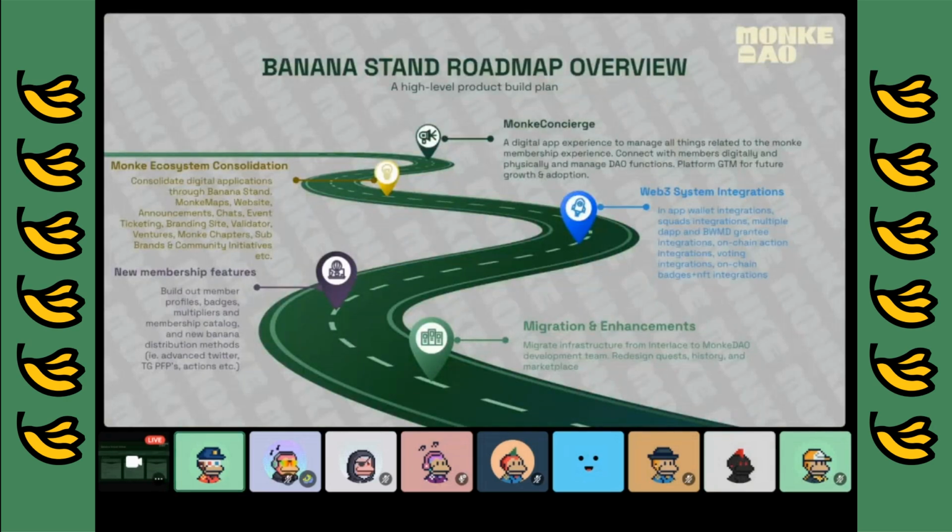Next up, we'll touch on the roadmap, which we previously shared a few weeks ago here. As you can see here, it's broken down into a few different segments. Ultimately, there was a bunch of our migration enhancements, which is we've undergone the migration. We've transferred all the code from our recent purchase of the platform from the Interlace team. The team has been actively working on updating all of our integrations into our infrastructure, all the different services and